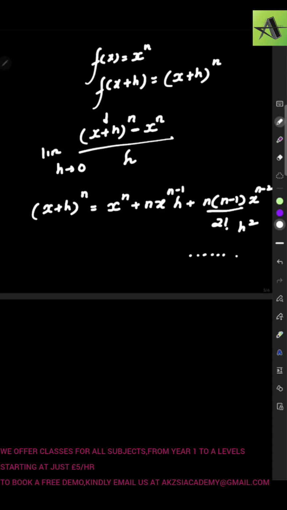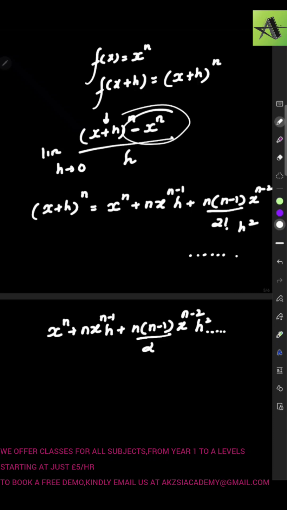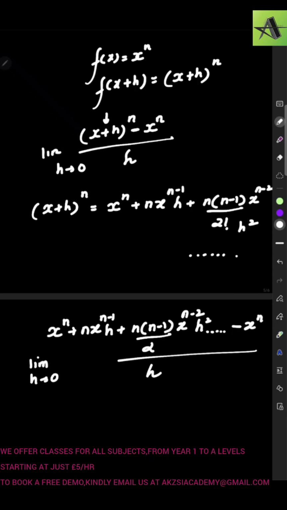So I'm just substituting this value here. It's a long series, I'm not writing the whole one. So it will be x to the power of n plus n x to the power of n minus 1 h plus n times n minus 1 over 2 factorial, which is 2, x to the power of n minus 2 h squared, and then minus x to the power of n over h, limit h tends to 0. Clearly you can just cancel this out. So x to the power of n will be 0 now, and then the remaining would be limit h tends to 0,